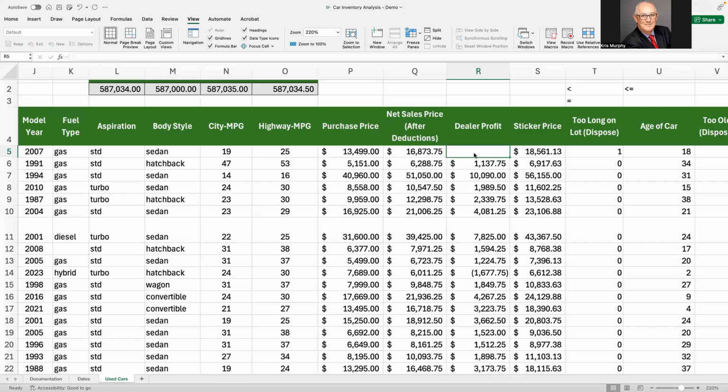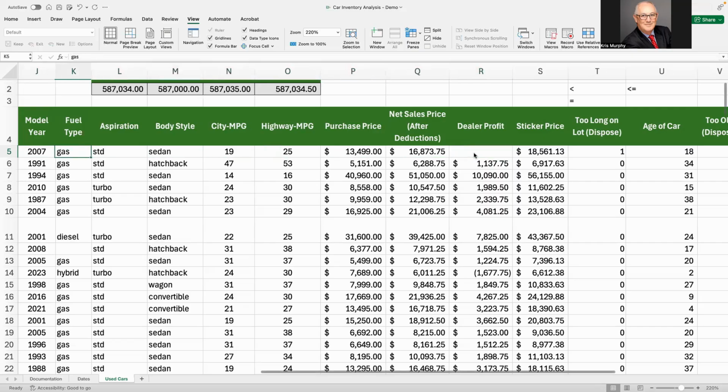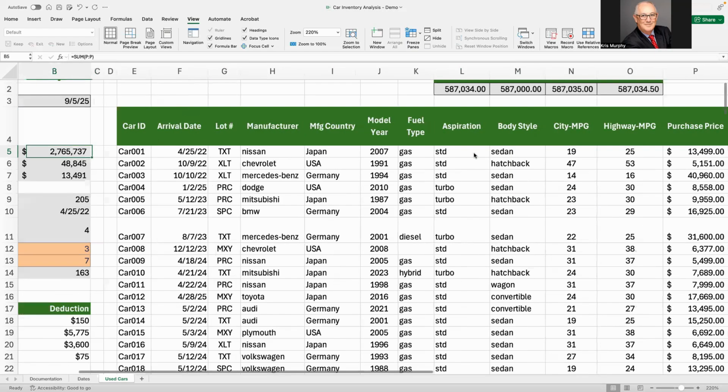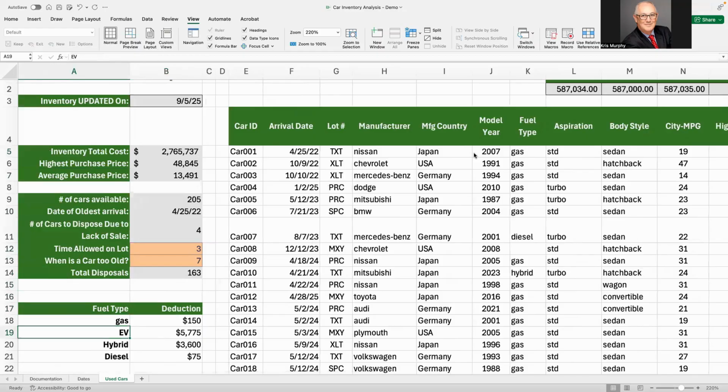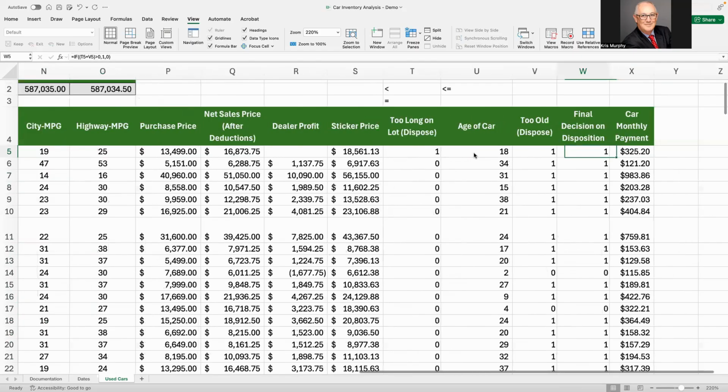I want to take the range, because this is, look at the types, the fuel types of cars. So I want to take the range that we have here, gas, EV, hybrid, and diesel. And there's a certain deduction for each one of those. So we have to look this up. I could do it in multiple if statements, like if then, maybe a double if would work for that. But rather than do the ifs, and maybe we'll come back and do the if for fun,